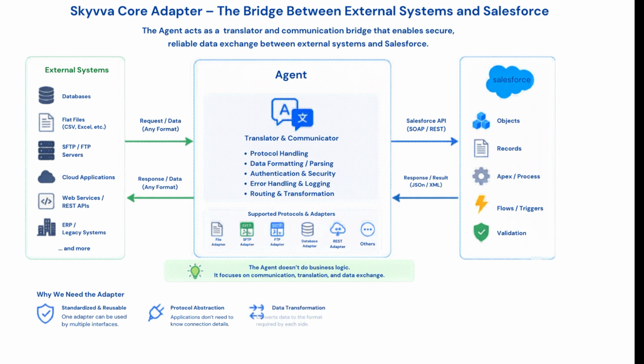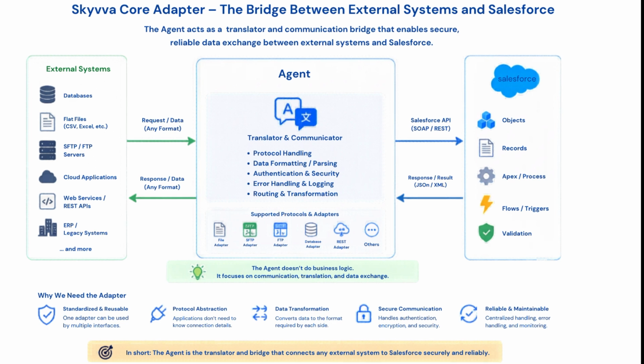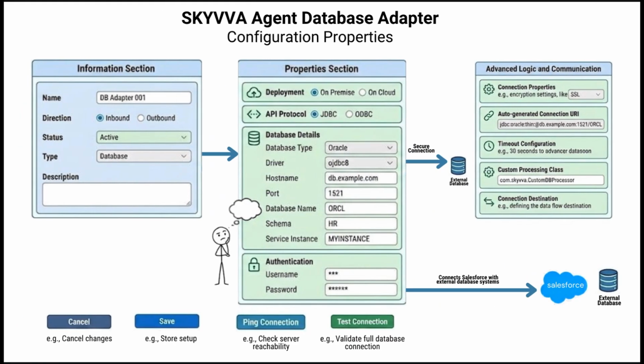In this video, we focus only on the Agent Database Adapter. The database adapter is used to connect Salesforce with external databases. It acts as a communication bridge that allows Salesforce to read, send, and exchange data with database systems securely and efficiently. This diagram shows the configuration properties of the SKYVVA Agent Database Adapter and how it connects Salesforce with external